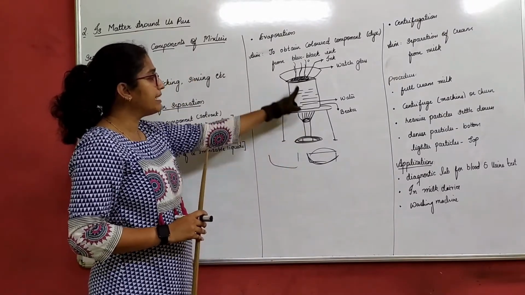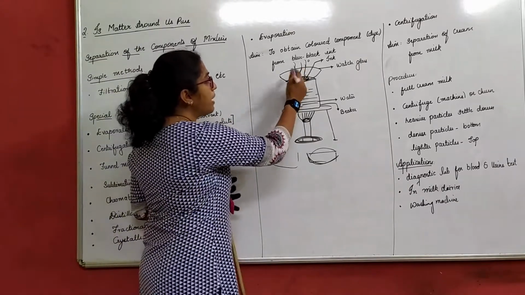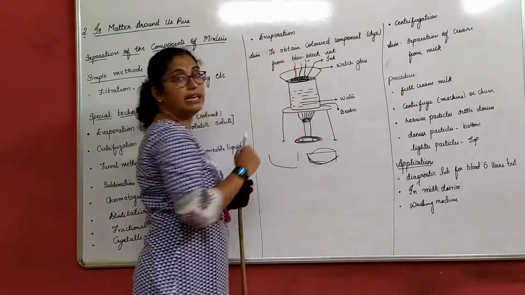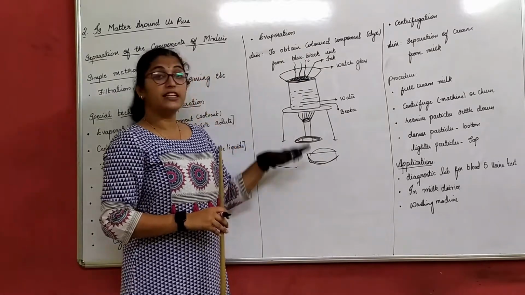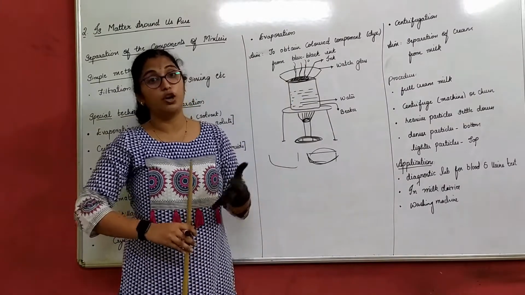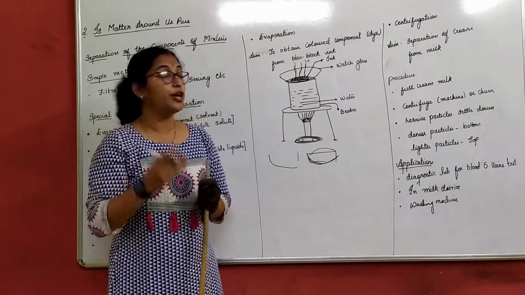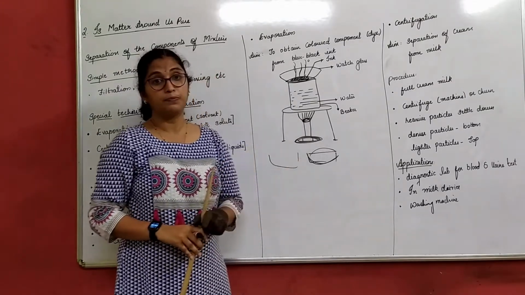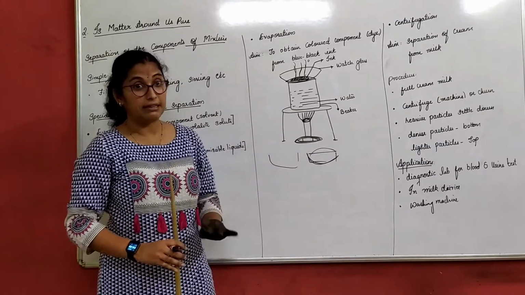So when you start heating this, water starts boiling and you can see the vapors coming out. Watch it for some time, keep observing. After some time, you will see that there is no change on the watch glass. There are no vapors coming out. At that point of time, stop heating, right? So what we had to do got completed there.